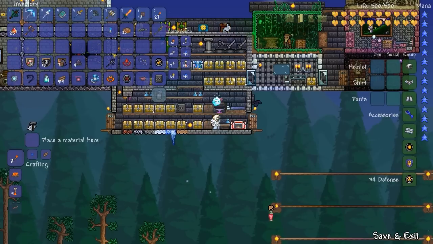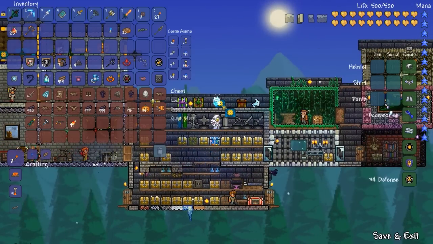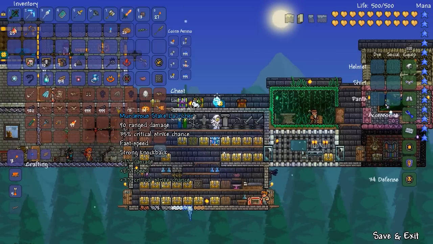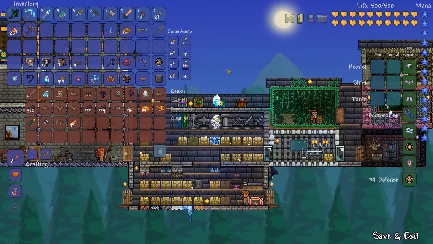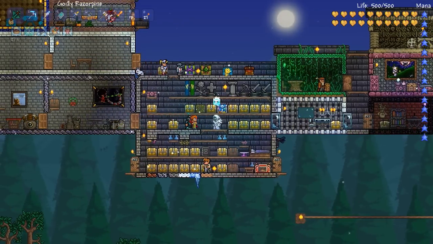And I'll put away my trophies, and I think I got through most of this stuff. We're not going to take a look at the ranged damage weapons today. The rifle, the stake launcher I think we've seen before, and the jack-o'-lantern launcher that shoots exploding jack-o'-lanterns. But I do want to try... I guess we'll try another Frost Moon now, and we'll try out...